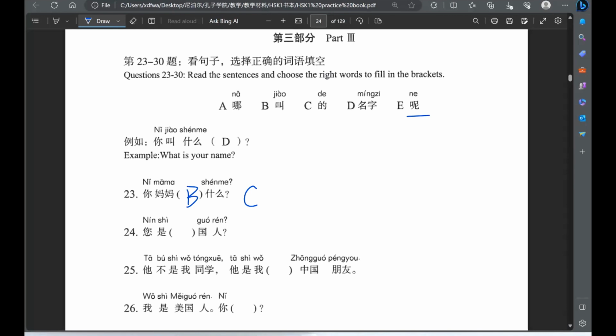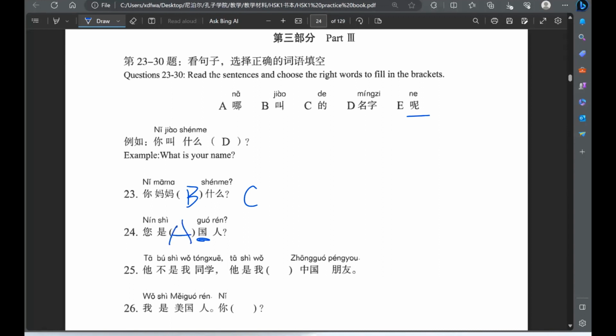24. 您是什么国人？您是 you are. 国 means country. So here I'm asking about the nationality. And which nationality? We use 哪, right? 哪